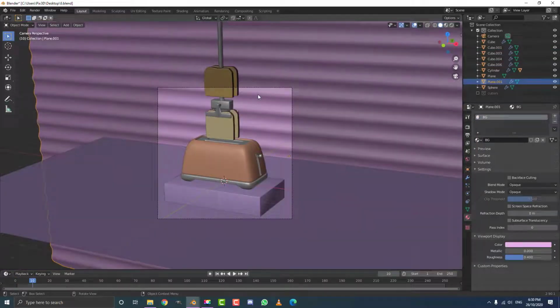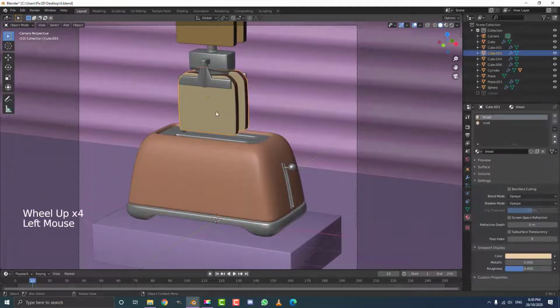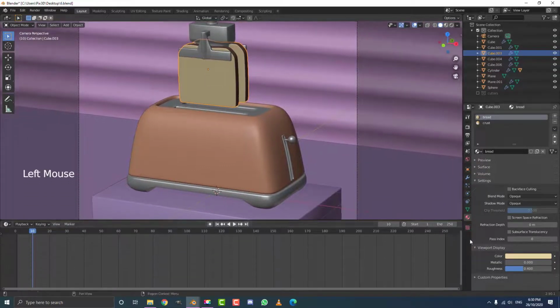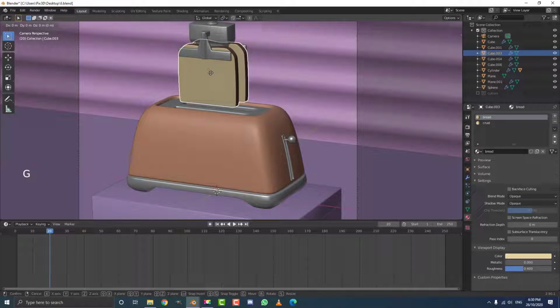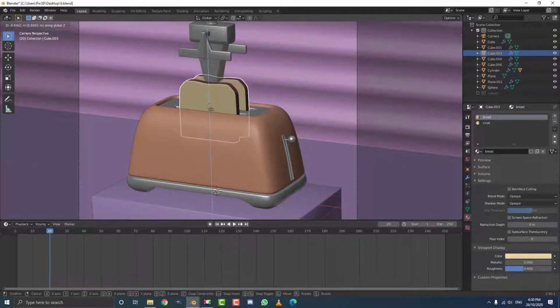Okay, so to do our animation, we're going to start by grabbing our untoasted bread here. I'm going to come to our timeline, and this time we'll leave it at 250 frames. Let's drag this slider to frame 20. And on frame 20, with this bread selected, we're going to go G, Z, and bring it down. And by the way, if you could work in your camera view, this would be very advantageous,